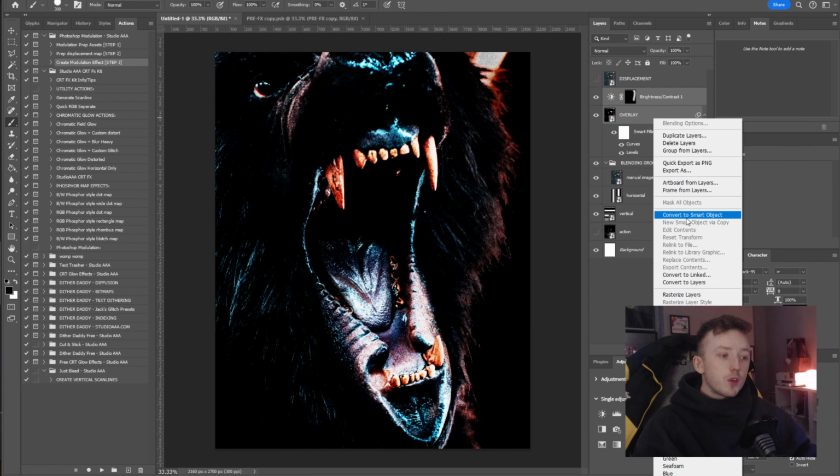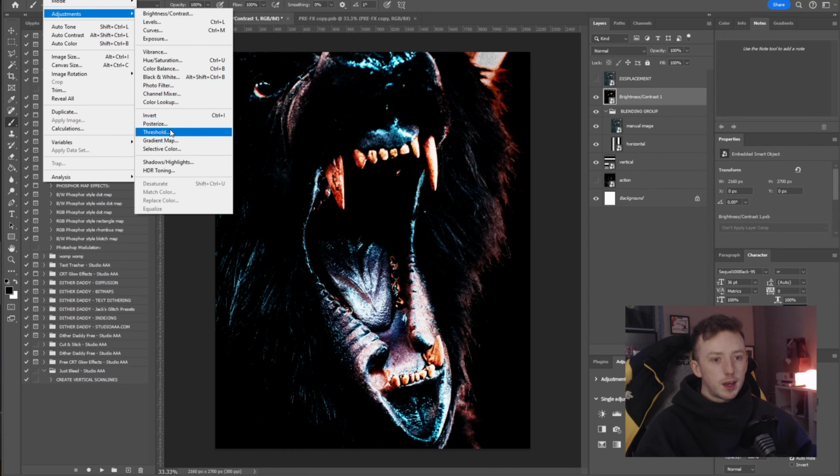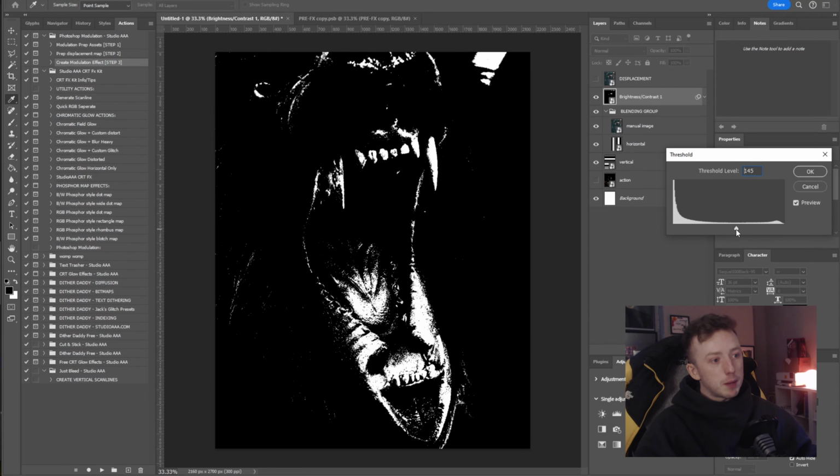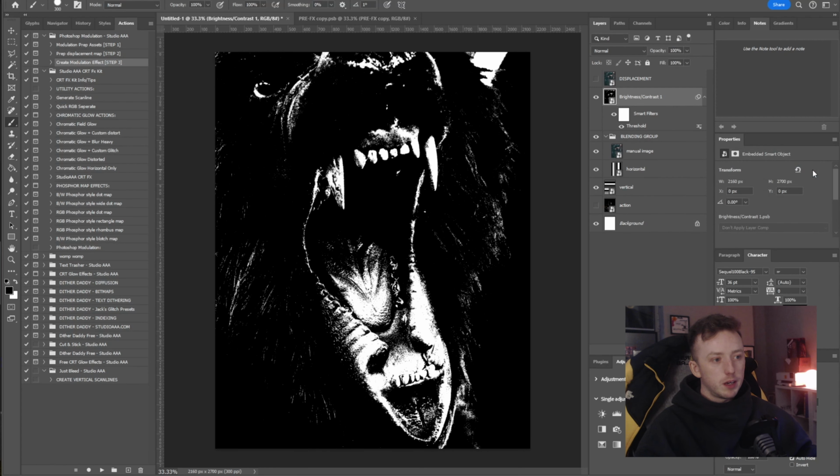Same again, if you are working with a particularly noisy image or on a smaller file size, or if you're just worried about how rough the image might be, then you can apply the minimum filter, but you don't need to do that if you don't want to. Once you've done your contrast editing, just go to image, adjustments and threshold, and it doesn't really matter what you set here because you can come back to it later. So I'm just going to leave mine at 74, but don't worry about what you put there because